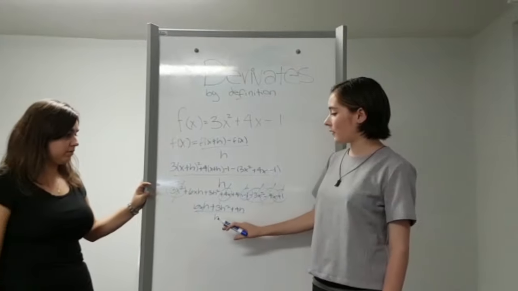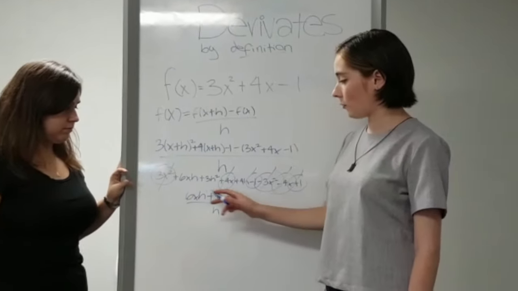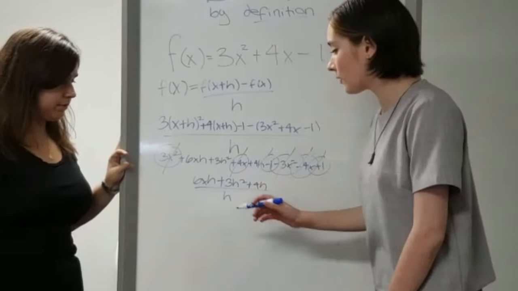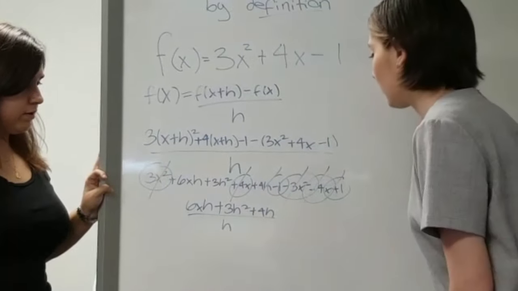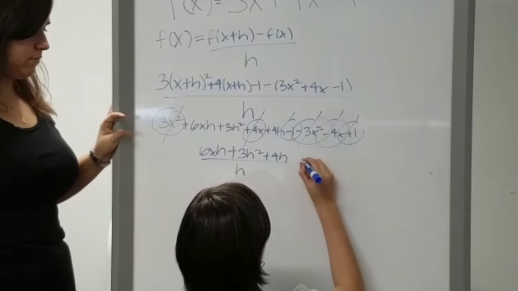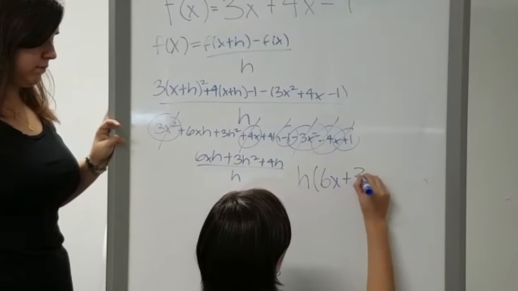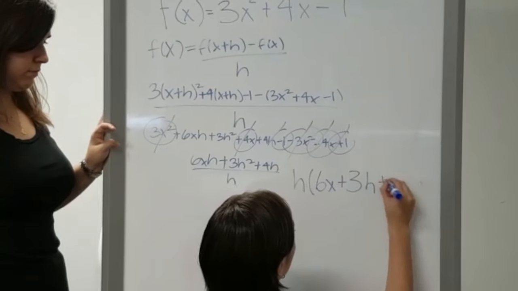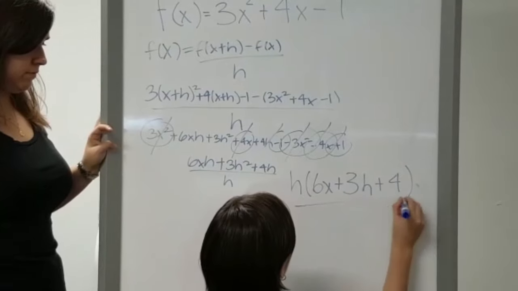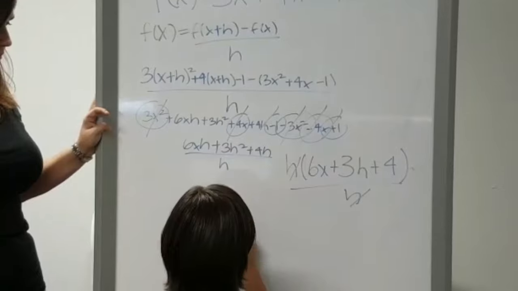So I will explain the rest of the problem, which is basically just taking out the h of the numerator because you're going to factorize it, so you can cancel the h on the bottom. So you do it like this. So you take out the h and you're left with 6x plus 3h plus 4, all of this over h. This h cancels this one, so you're left with 6x